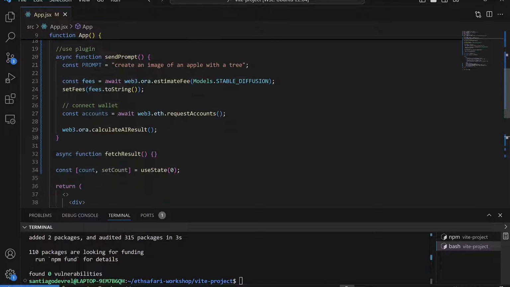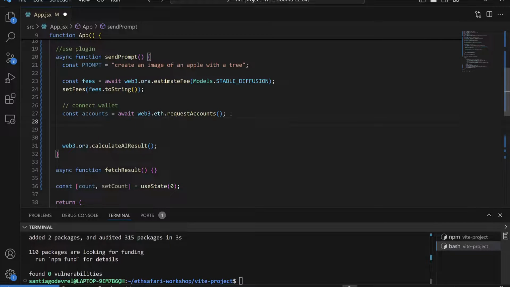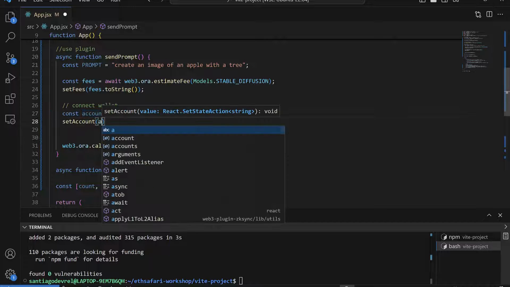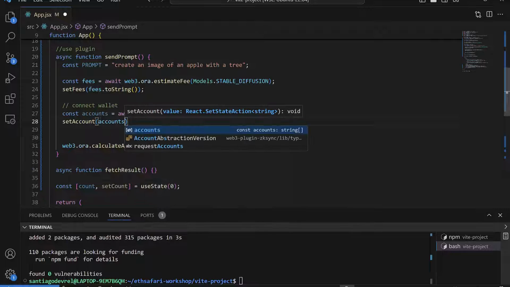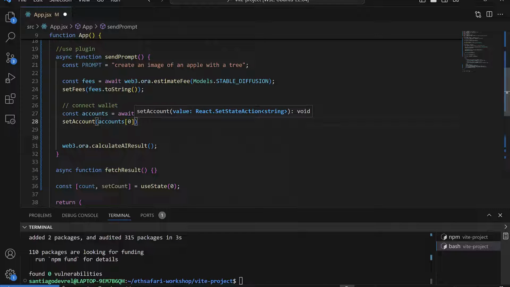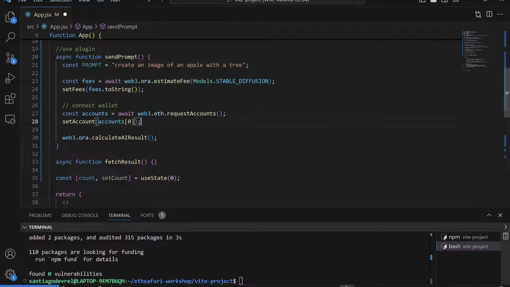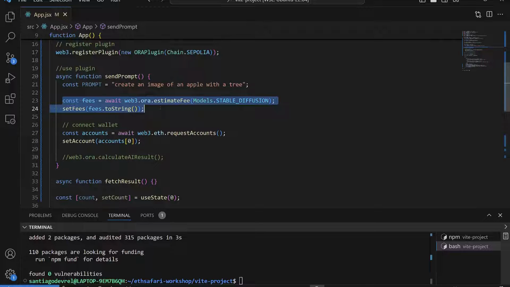And then when the user calls this function, web3.eth.requestAccounts, MetaMask will pop up and ask the user, hey user, connect as many accounts as you want, but I will just use one. And then we can setAccount. This will be an array of accounts, right? And then we can just access accounts in the slot 0. And that will be the address of the first account that the user connects. So let's see if that works. Just comment this line. So far, this will set the fees and also ask the user to connect an account,